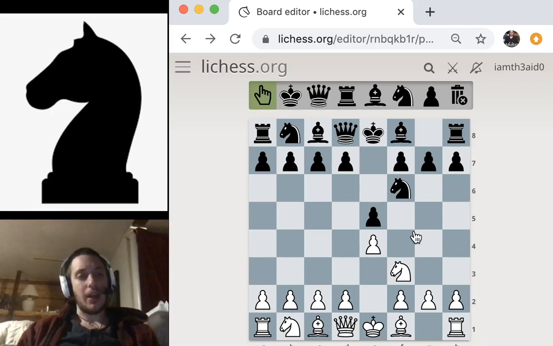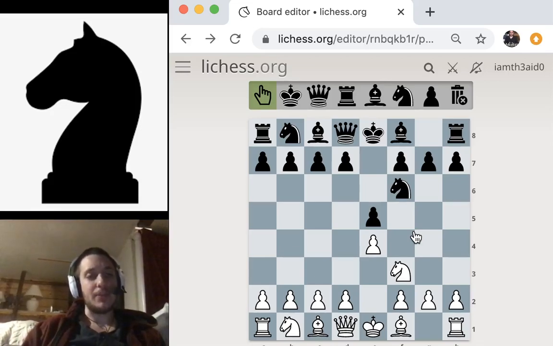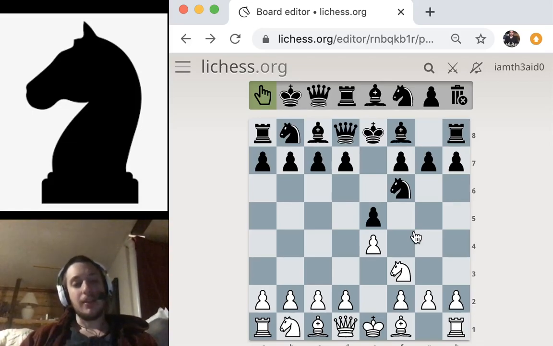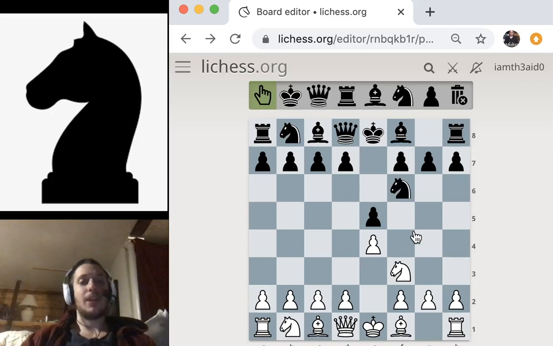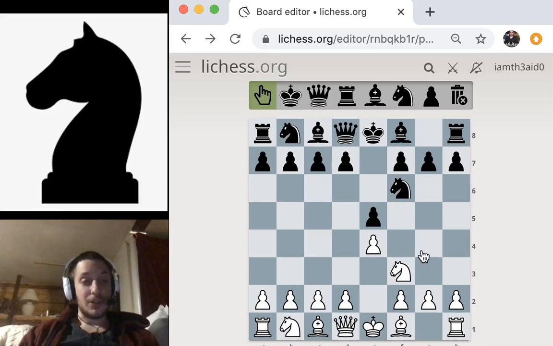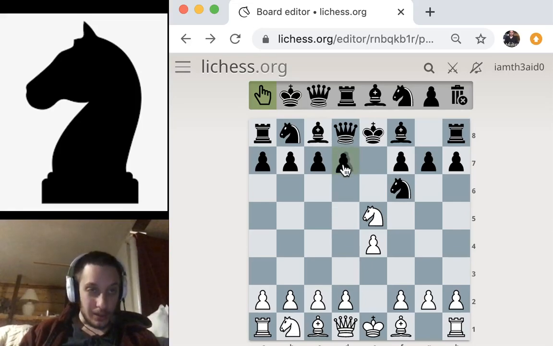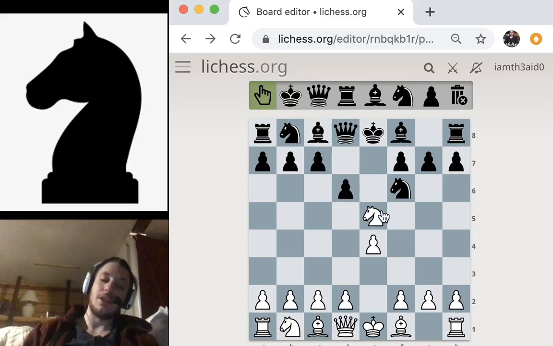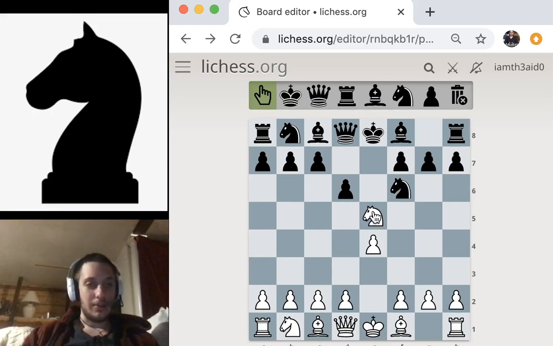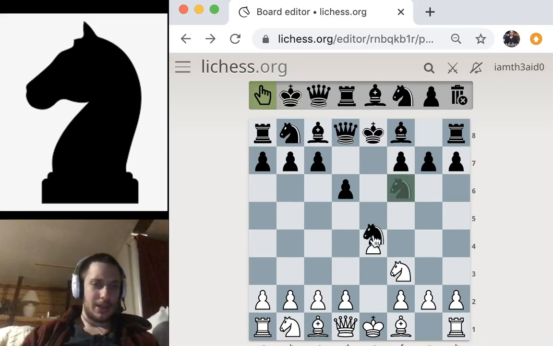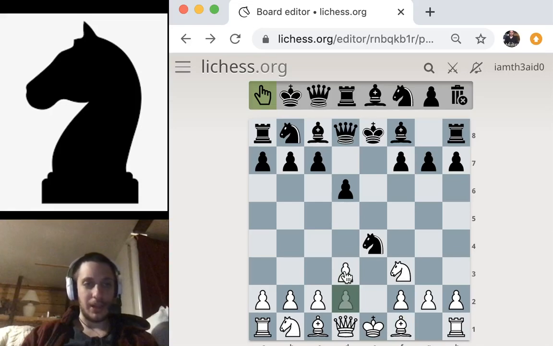Basically, the game's going to be a lot more about calculating and understanding the ramifications of move by move understandings of the position. So, for example, we could obviously take this pawn, in which case black would kick our knight away. There's a lot of different variations here, but I think the most popular at the highest level is just to play knight back to f3, and we can get this kind of symmetrical position. I think bishop d3 has been played here, but also queen e2 as well as d3, and they're